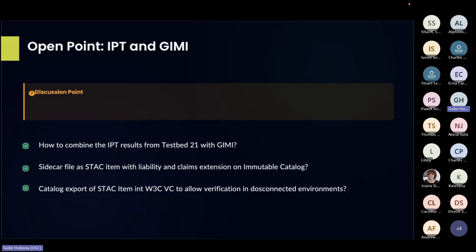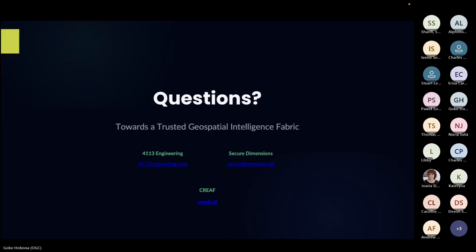So next question, but the most important things for us, and I have to thank the sponsorship of Mr. Juan Maso from CREA, towards the trusted geospatial intelligence fabric. So I think it's a good point for OGC to move to something like this, that is more or less not anymore